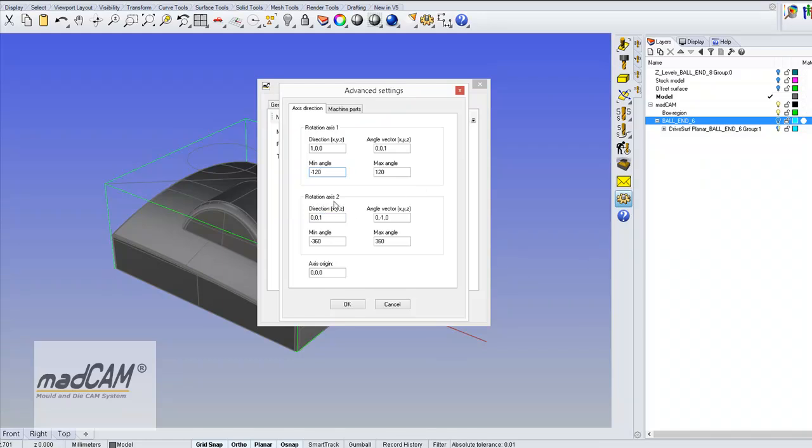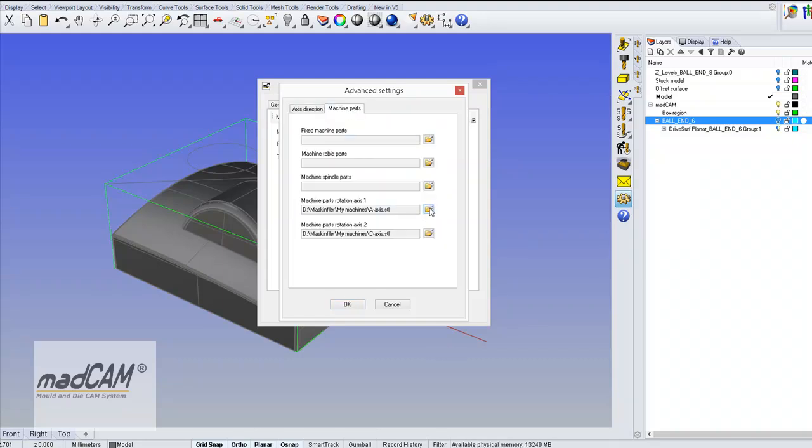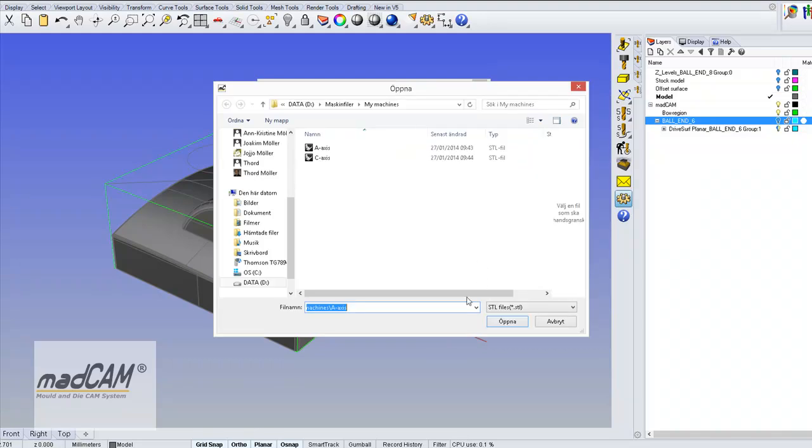The 5th axis, rotation axis 2, is not going to be used because we will set up this as a 4-axis machine. So we can type in anything here, but I just type in 100, and then I set the angles from 0 to 0, and this way we lock the 5th axis, so it will only use the 4th axis in the machine head. So click OK. First we can check the machine parts,